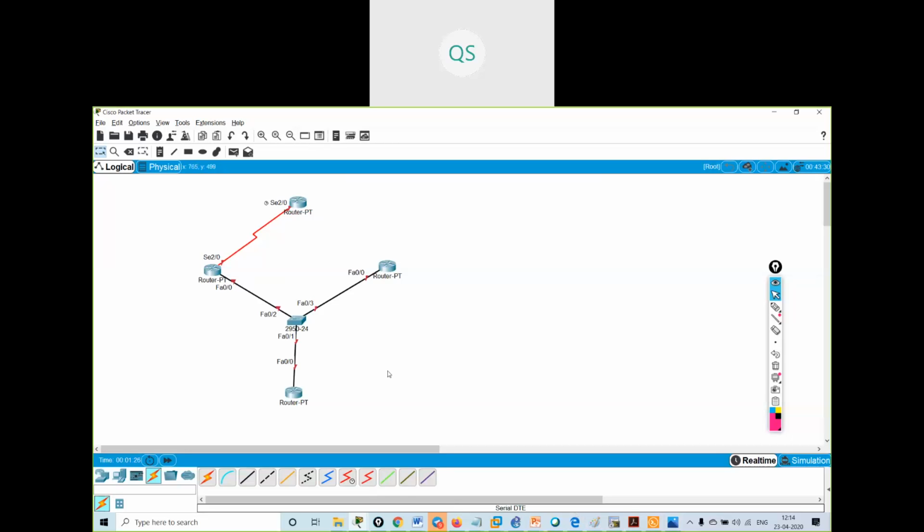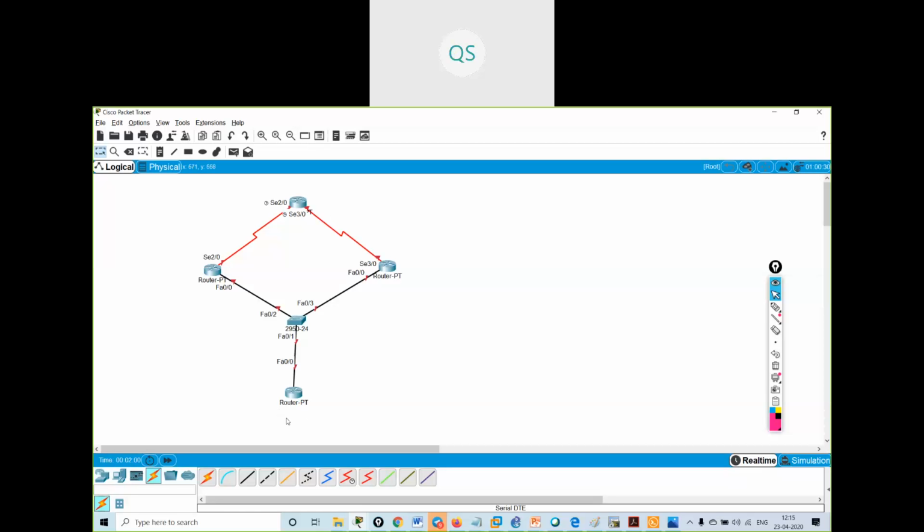Just the normal HSRP configuration is there in the new CCNA, and the differences and all the things. Understood? Yes, sir. It is there in the new CCNA, but we are having the normal things.